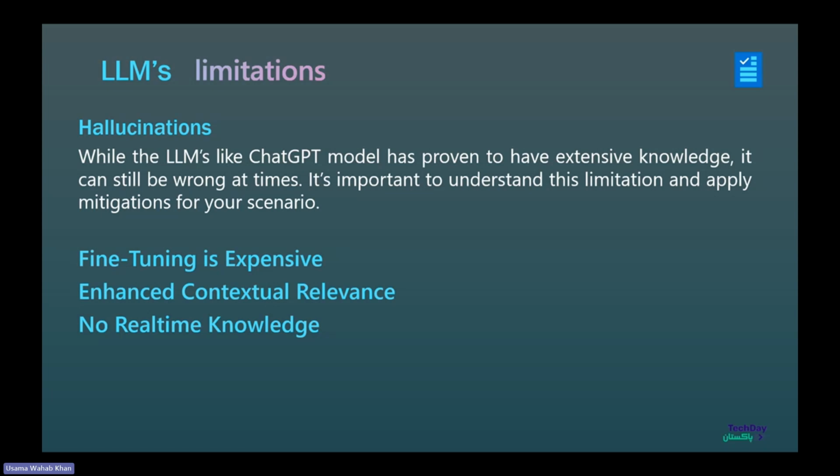In some areas, fine-tuning can be a nice choice when you want a certain LLM to be specialized for a specific kind of thing. Let's say medical domains, where you want domain-specific knowledge to be gained and a single shot to work better. Enhanced context relevance: they sometimes lose the context relevance. Why? They don't have real-time knowledge. They've been trained on data, and after that, whatever knowledge is brought up into the world, they are not aware of it. They've only been trained on public data sets, so they're not aware of private information that's stored in your databases or in your repositories like OneDrive.